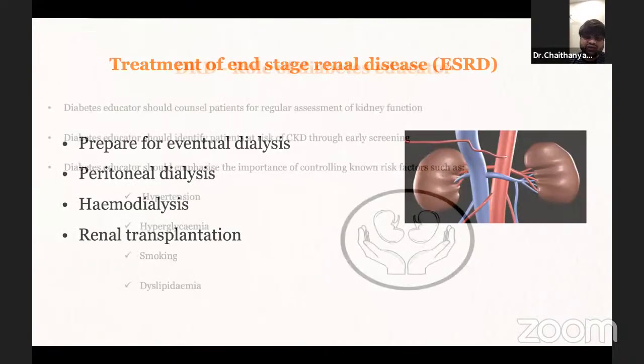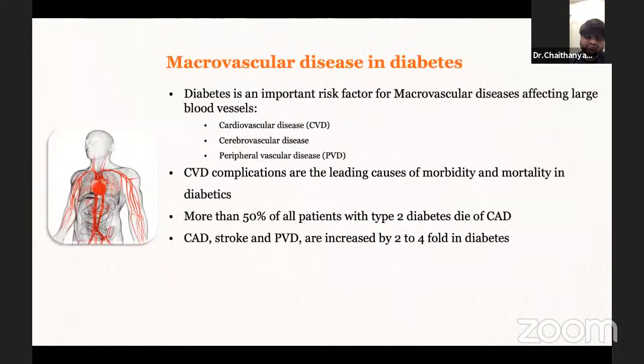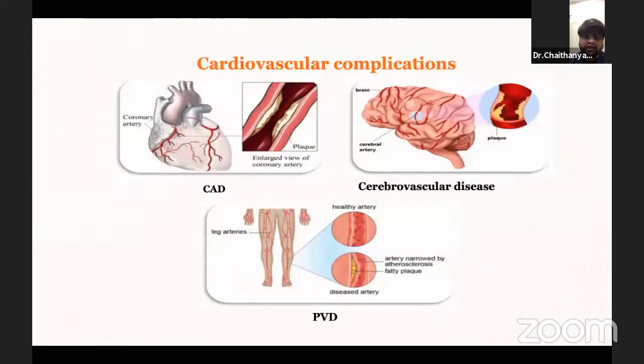I think we have cardiovascular disease. So I did not include the neuropathy part here because neuropathy will be dealt along with foot care in the last part. So we have completed acute complications, hypoglycemia, low sugar, HHS, and diabetic ketoacidosis, high sugar. And in chronic complications, we finished diabetic kidney disease and diabetic eye disease, that is retinopathy. Coming to the cardiovascular complications,